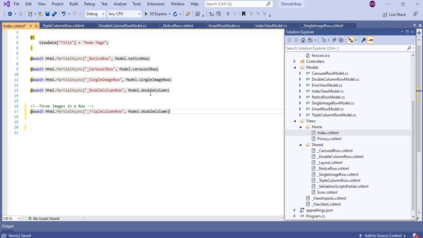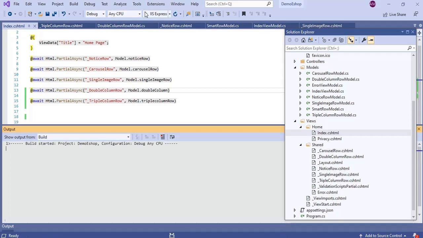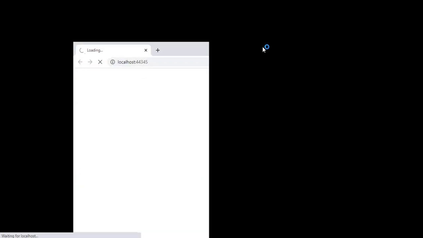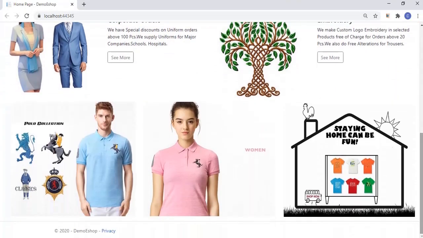Triple column row. Let's save and run the project. Perfect. This is working fine now.